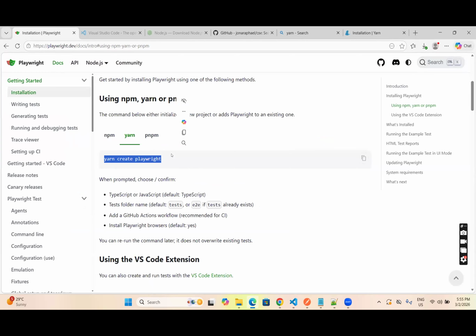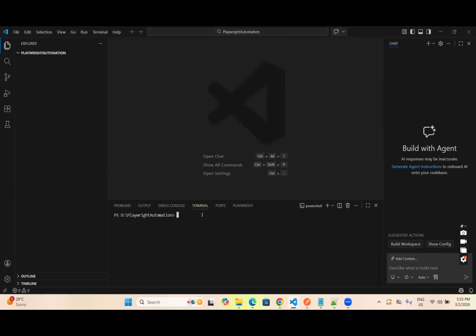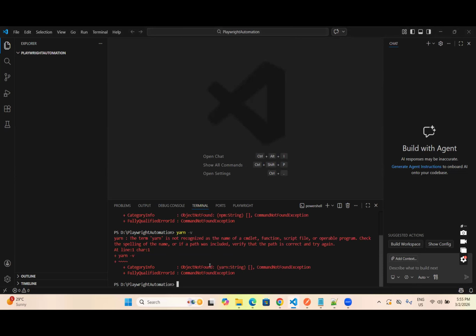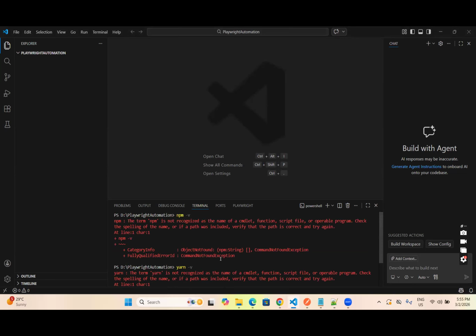Is it clear what I said just now, everyone? I am repeating again. So far in VS Code, we were able to run this command. Correct? But when I say that you need to run the yarn command, it would look like yarn minus v. So if you notice, right now we are getting the